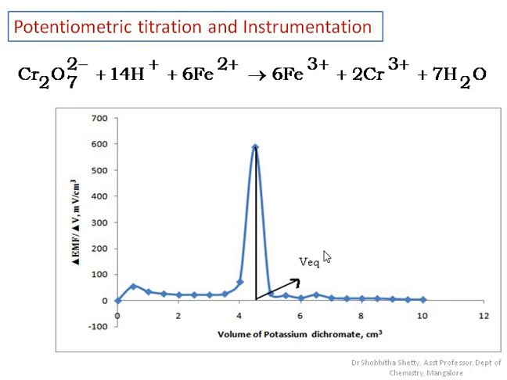So why is this sudden jump observed near the equivalence point? This point we call V equivalent, or the equivalence point. As I mentioned, before the equivalence point, the potential is with respect to Fe2+ and Fe3+ concentration, whereas after the equivalence point, the potential trend suddenly reverses. It increases suddenly, because the potential developed at this point is with respect to Cr2O7 2- and Cr3+, so the dichromate and chromium ions.